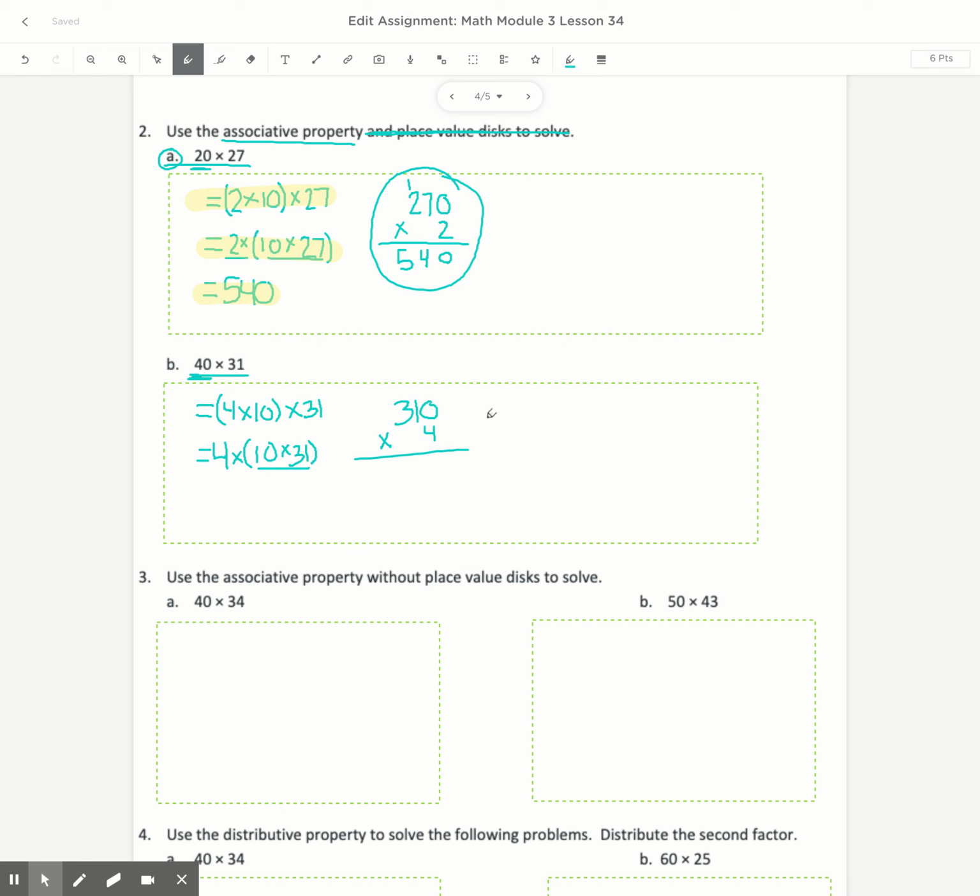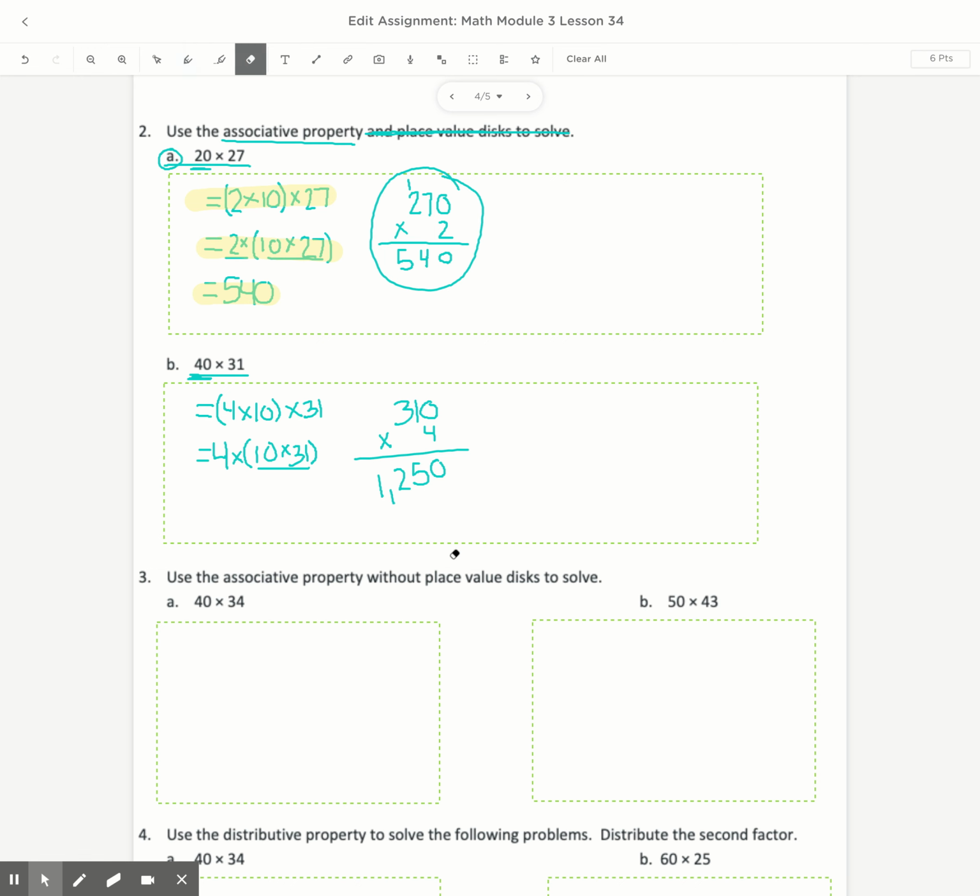So now I have a triple digit number by a single digit number, and I can go ahead and start my multiplication. So I have 0 times 4, which is equal to 0. I have 4 times 1, which is equal to 5. And I have 4 times 3, which is equal to 12. So then I end up with my answer of,